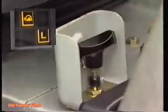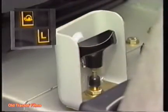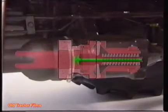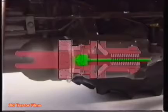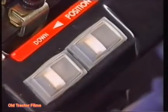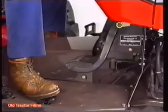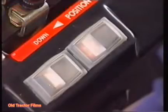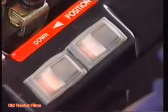There's the creeper facility on both 2- and 4-wheel drive, and a 4-wheel drive clutch which allows engagement and disengagement on the move. There's electro-hydraulic engagement, automatic 4-wheel drive braking, switch-operated diff locks,